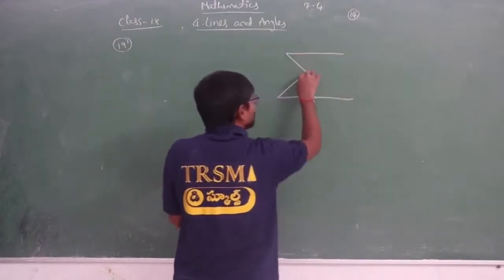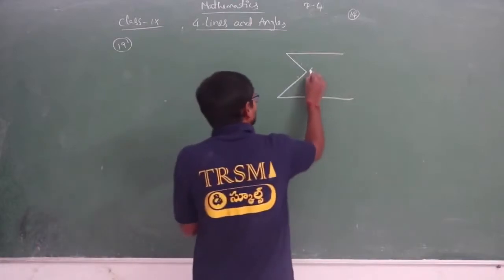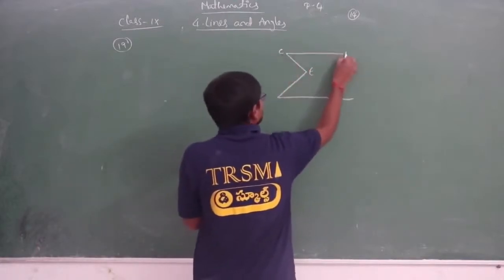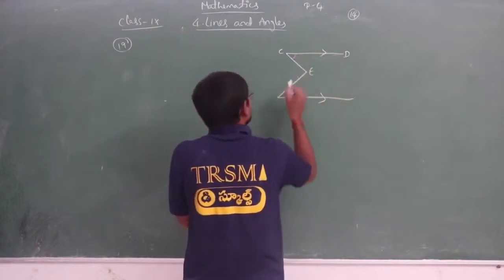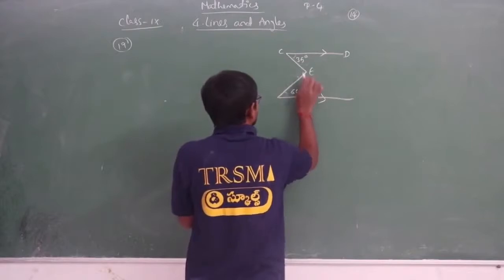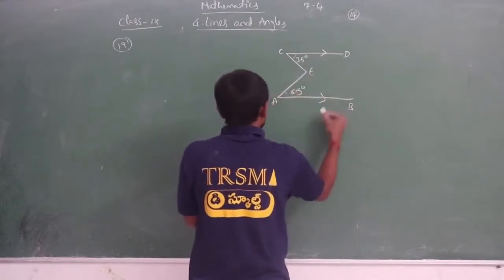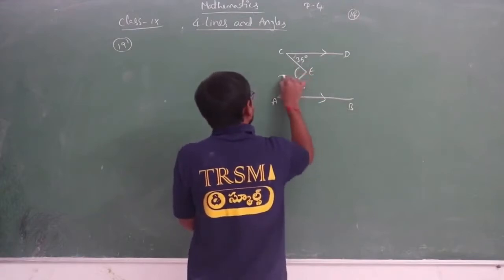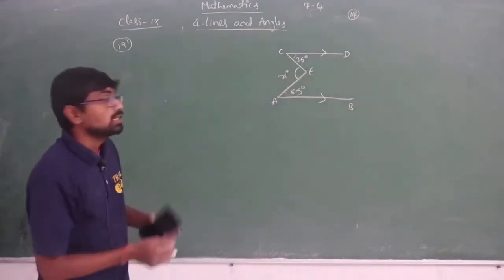here also these both the lines are not equal. Length of these both the lines are not equal. So C, D, and the angle is also different. So here we have 35 degree and here we have 65 degree. So here A, here it is B. Totally here we are having x degree. You can see here totally we are having x degree.